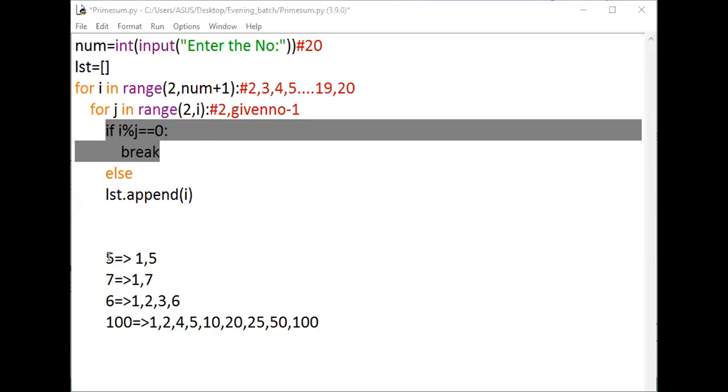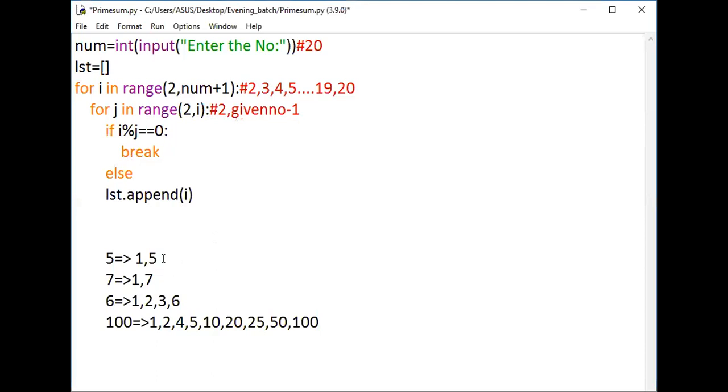Okay, this is a condition, guys. Simple condition, like for numbers with 2 factors. A number with only 2 factors is called a prime number. A number with more than 2 factors is not a prime number. This is a common prime number logic, so we are making use of this rule only to check here.